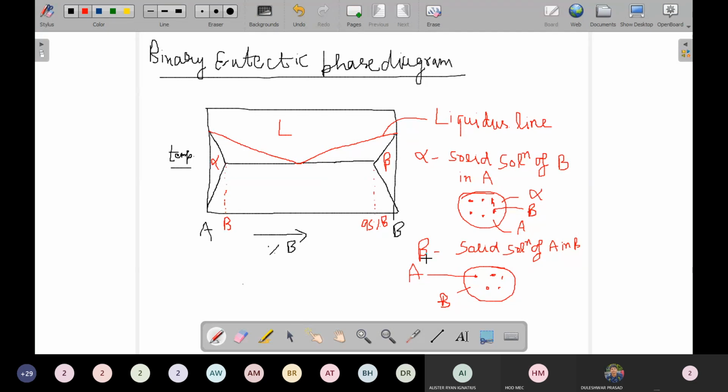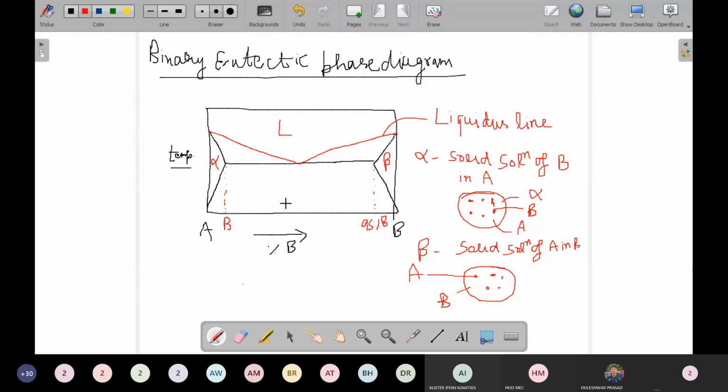Okay. Now we have defined this alpha, this beta, and this is the liquid. Now suppose you want to find out what is there inside it. Okay. So let me make the boundary first. From here to here belongs to alpha, and this boundary like this belongs to beta. Everything that comes over here will be in the beta phase, and everything that comes over here will be in the alpha solid phase. Now just remember, this whole line belongs to alpha, this whole line belongs to beta.